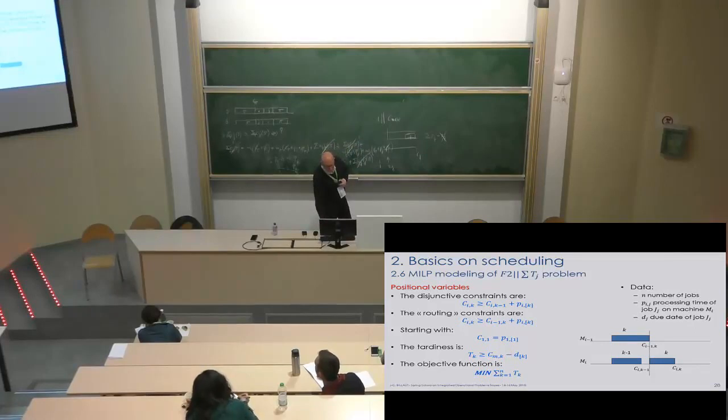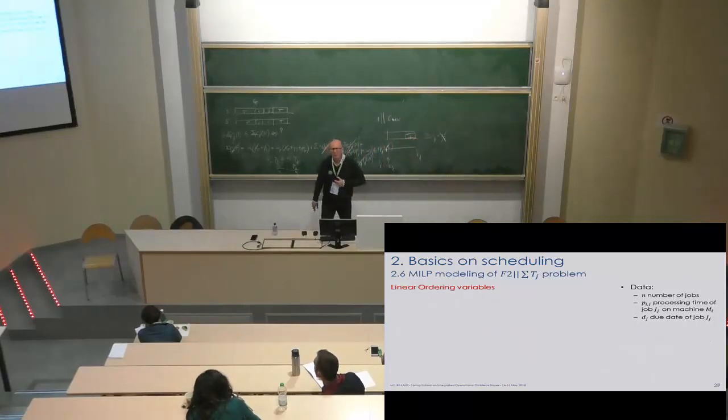Okay, so it's very easy. I think it's the model that I sent you yesterday. And if you have installed GLPK, you have tested the model. I think it was with this. Oh, no, it was with other variables, maybe. It was with linear ordering variables,